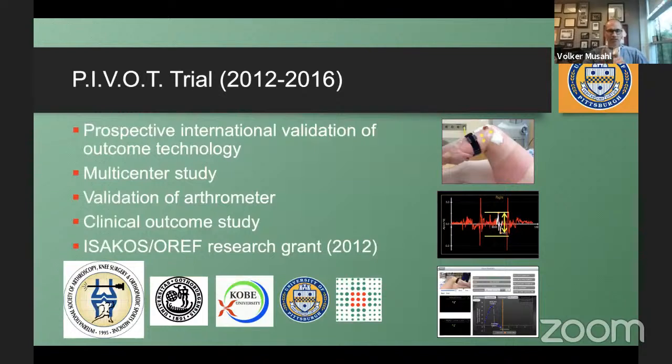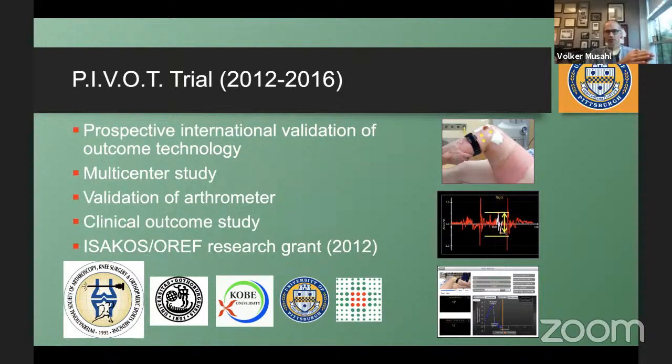To stay with the ISAKOS theme, we then leveraged, in 2011, ISAKOS, who just came out with their research grant for the first time, proposed to them that we would validate these devices and try to come up with a validation for the grading that was proposed in the IKDC, the glide, clunk, gross. They funded it, and we did a multi-center project with Kobe University, the Rizzoli Institute in Bologna, and Sahlgrenska in Göteborg, Sweden. And we tested 100 patients